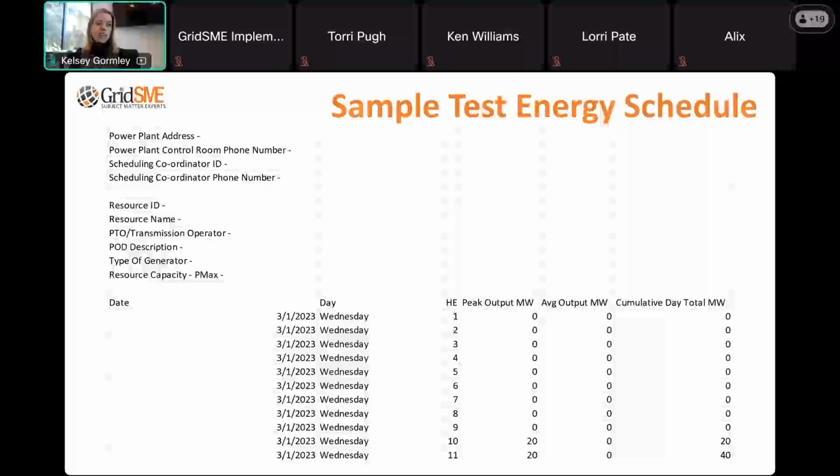So these schedules are required to be submitted on a weekly basis by your scheduling coordinator. They have a process that they have to follow. It's called Ops Procedure 5320, by which these schedules are communicated to CAISO. And as the resource goes through hot commissioning, these schedules will need to be submitted until the resource achieves commercial operation. So you may start out with a test energy schedule that only has, oh, I need 10 megawatts today, or 5 megawatts today. But as you move through the commissioning phase of your project, you're going to be adding commissioning megawatts to this schedule in alignment with what your site team is commissioning.